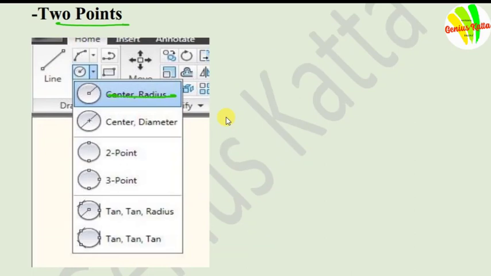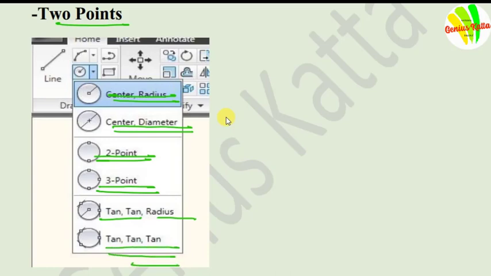First is center radius, next is center diameter, 2 point, 3 point, tan tan radius, and last is tan tan tan.